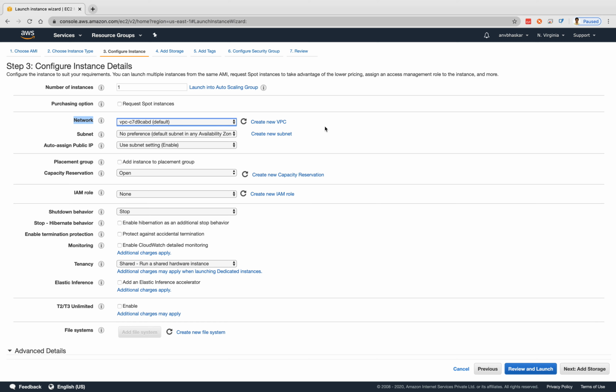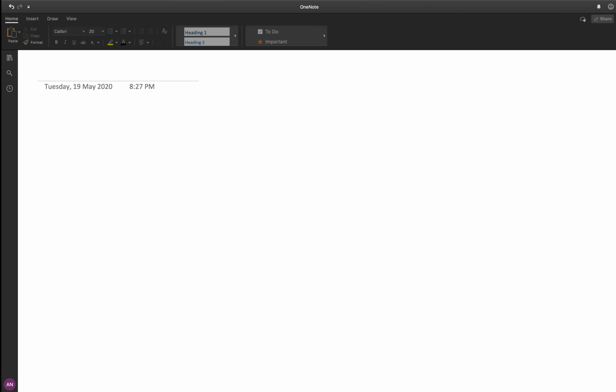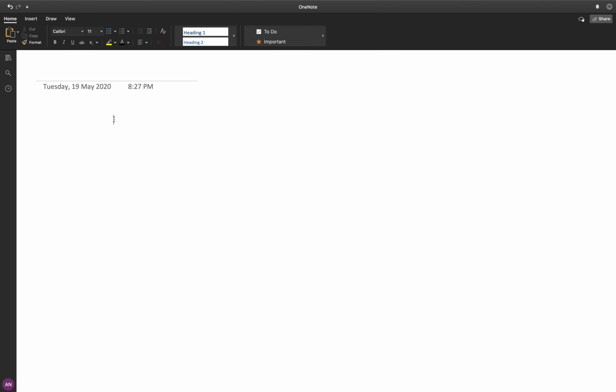If you want to create your own VPC, how do you create it? Before creating the VPC we need to discuss a few more things, some fundamentals. Why do we need to create a VPC in AWS? Before discussing VPC, you need to understand regions and availability zones.